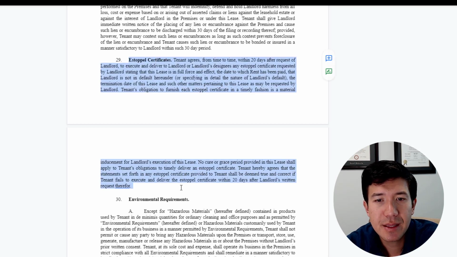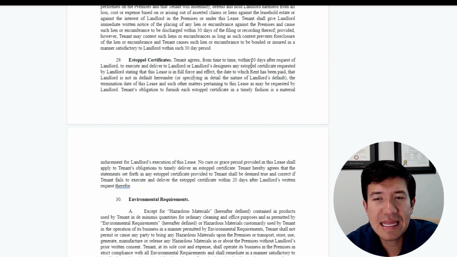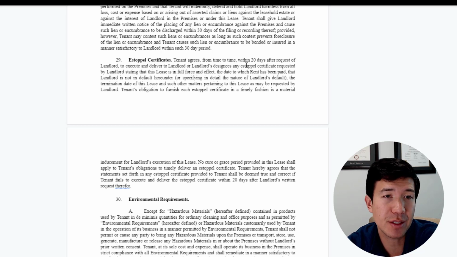Estoppel certificates, this one's pretty important. I think that the ideal lease structure will put a form of estoppel certificate in the lease that the tenant has reviewed and says, I'm okay with this form. I'm willing to sign this form in the future during the duration of this lease.